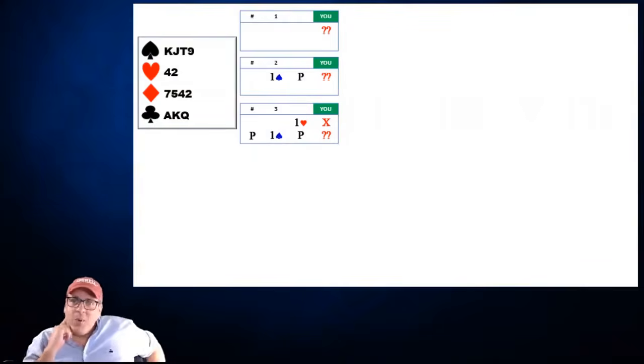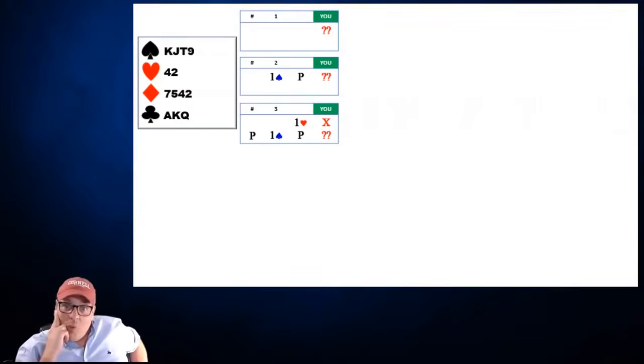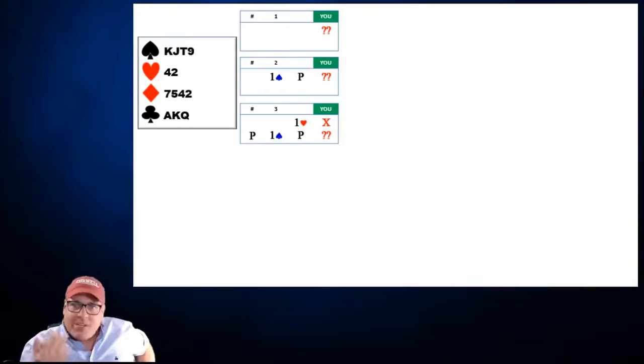That's why I include Jacoby 2 no Trump frequently, because I know it's a bid that comes up so rarely that you're going to forget it a few times, especially when you're responding with it. You'll never forget it when partner does it, or you almost never will, because it always shocks you. So 1 heart on our right, double by us, pass, 1 spade, pass back to you. If you don't play Jacoby 2 no Trump, get it on that card for sure. It's very important to have a forcing 9 card raise, because then we get to play slam pretty frequently. We get to have a pretty good conversation there. So